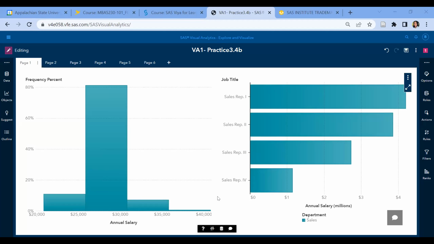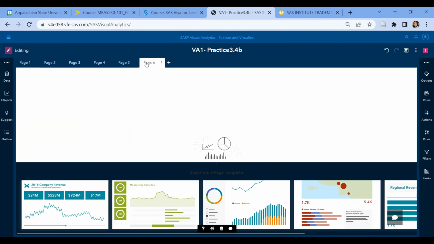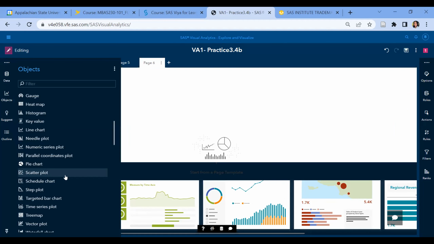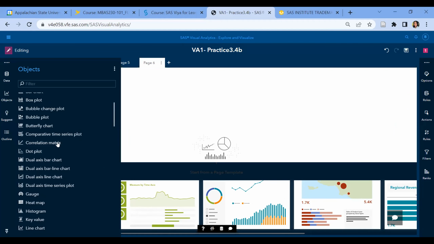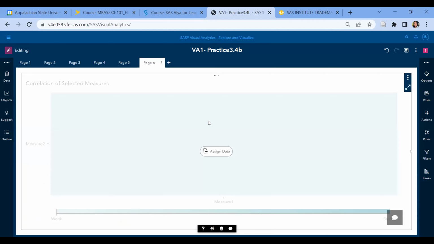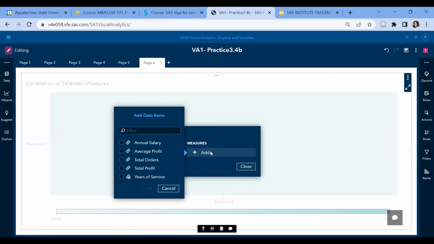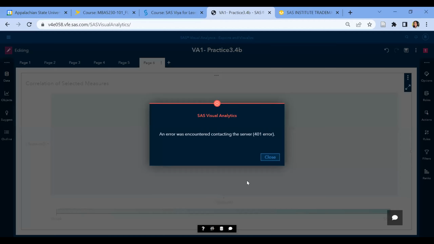All right, and so now for this last one, we're going to be looking into correlation matrix. So we've got this SAS Viya practice 3.4b pulled up, and we're going to operate within this page 6. To make this, we're going to go to objects, and scroll to a correlation matrix. So dragging that over here, we can add it to our report. I'm going to add our measures. The measures that we want to add are going to be annual salary, total orders, total profit, and years of service. So clicking OK, those will be filtered into,